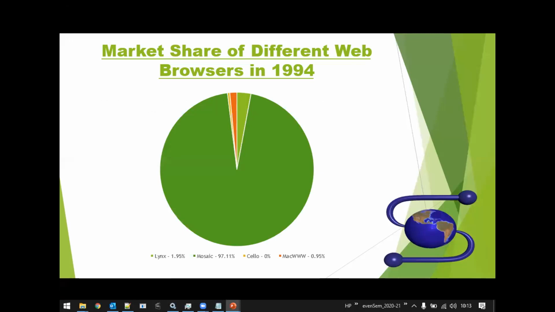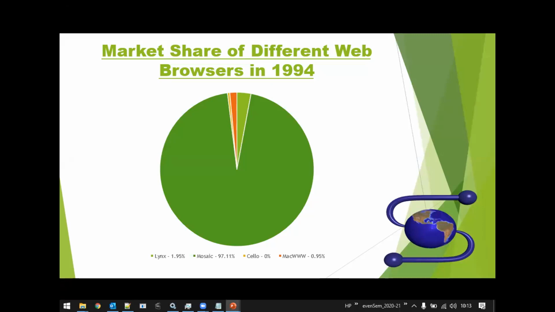So during that time, the main feature of Mosaic was embedding the CSS into the HTMLs, making use of those different style sheets and presenting it to the users. Before that, the web browsers were not that user friendly, but this particular Mosaic was very user friendly.